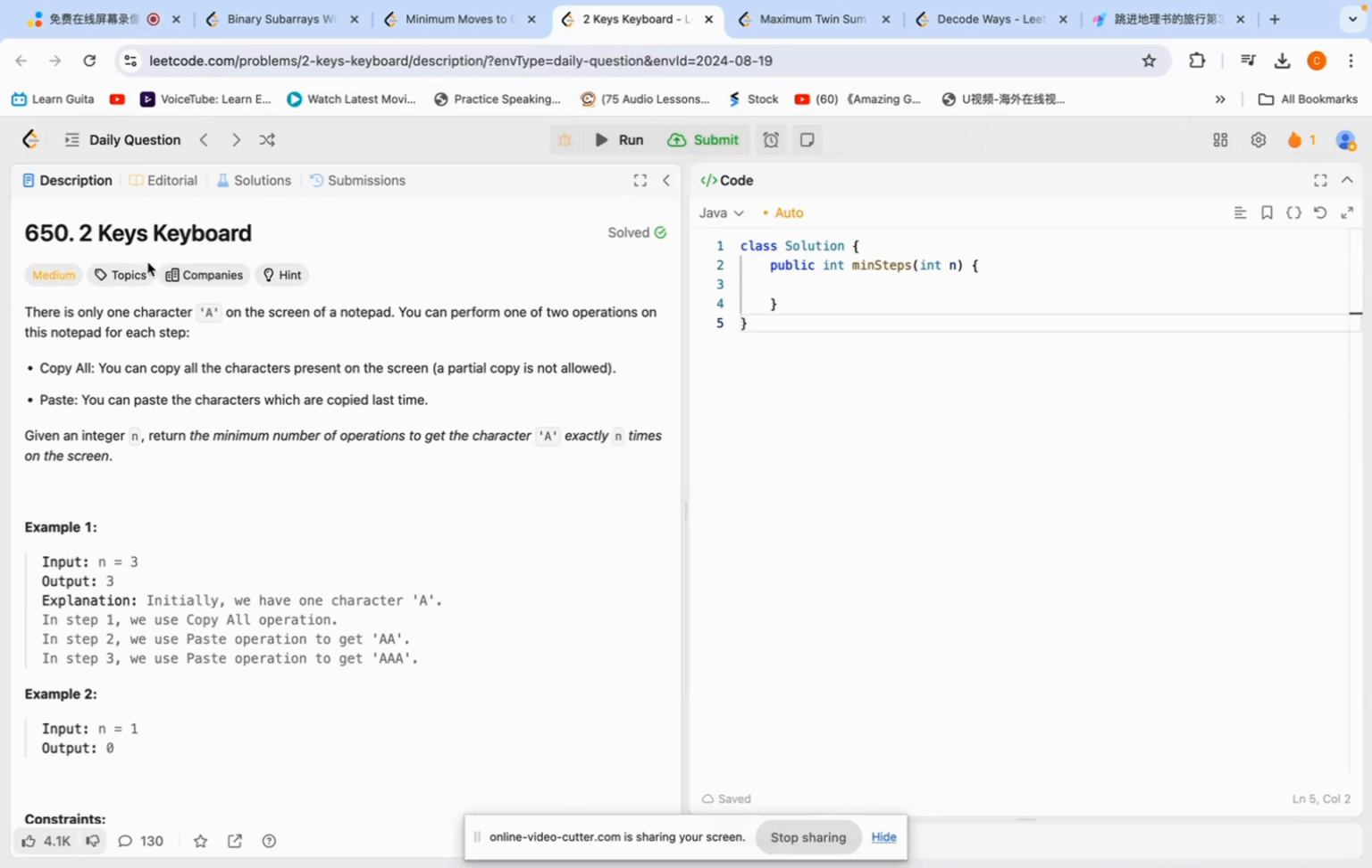Let's start. This question is two keyboards. There is only one character A on the screen of the notepad. You can perform one of two operations on this notepad for each step: copy all or paste. So you can understand there are two operations. Now, given the integer n, return the minimum number of operations to get the character A exactly n times